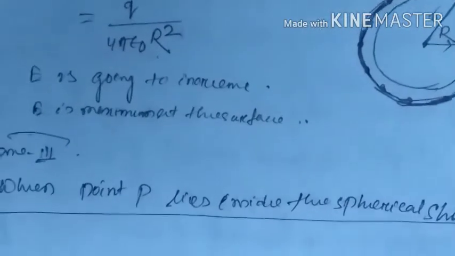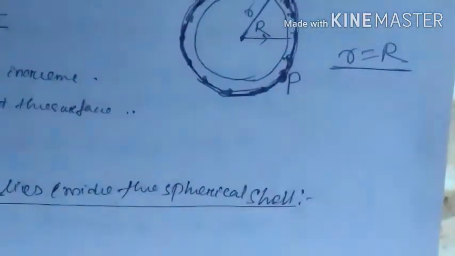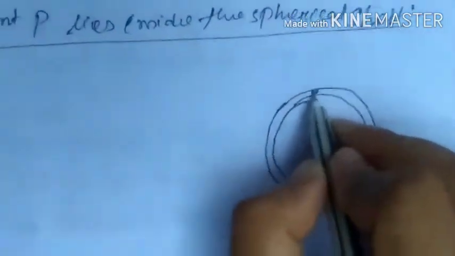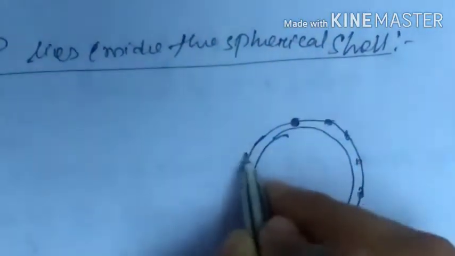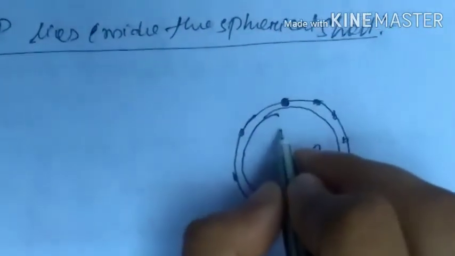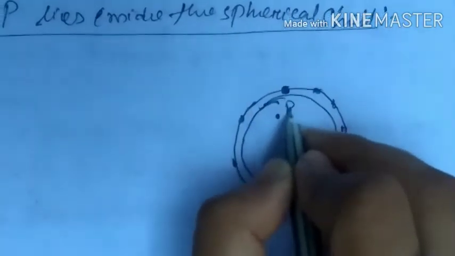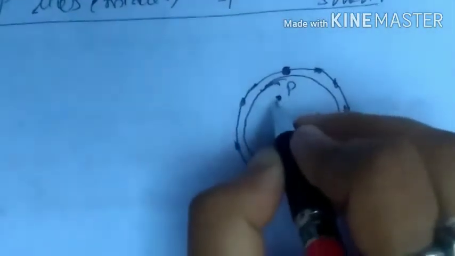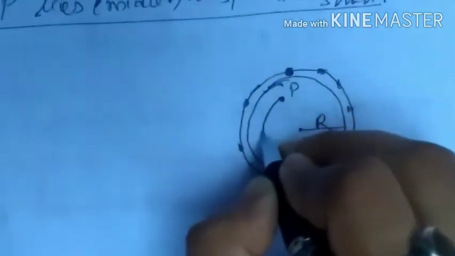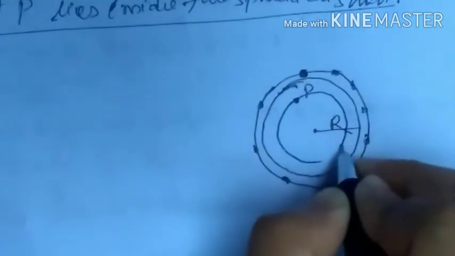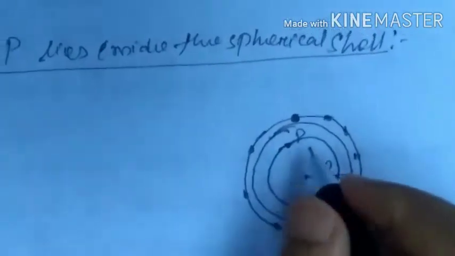Inside the spherical cell. So, this is our spherical cell. Charge is distributed here on its surface, right? This is its center, distance r. P is inside it, somewhere, suppose here. Now we will choose the Gaussian surface for this type of contribution. So the Gaussian surface is like this. We will choose the Gaussian surface as if the point P lies on its surface.